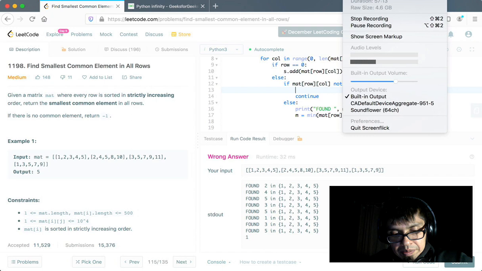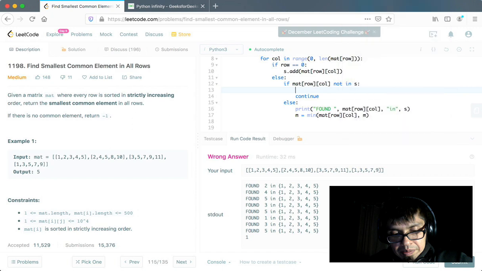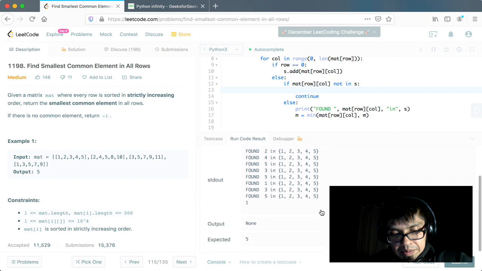Well, we're at 4.6 gigs of a 5 gig video. All right. I think we're going to have to cut this short because I am running out of time here. No, it's been almost an hour. Okay, so